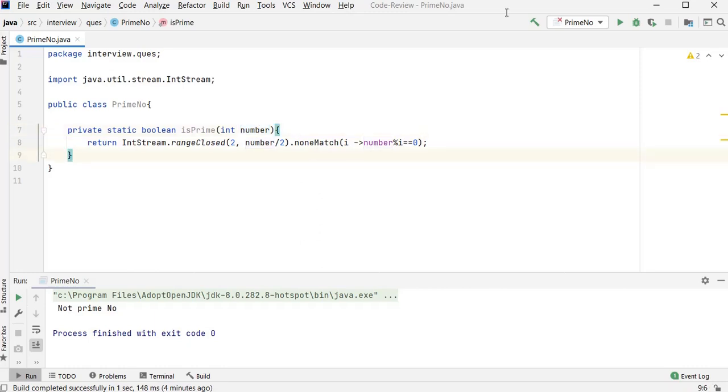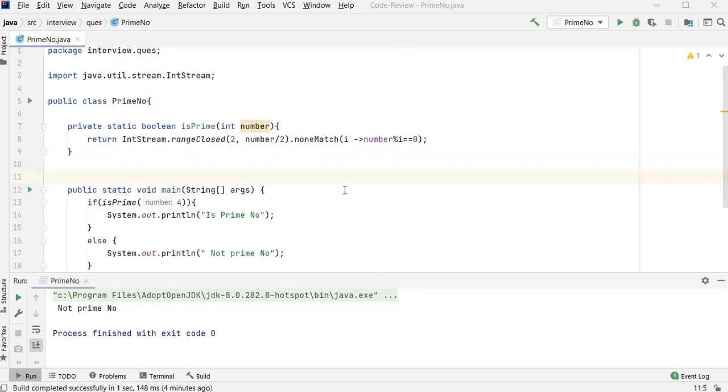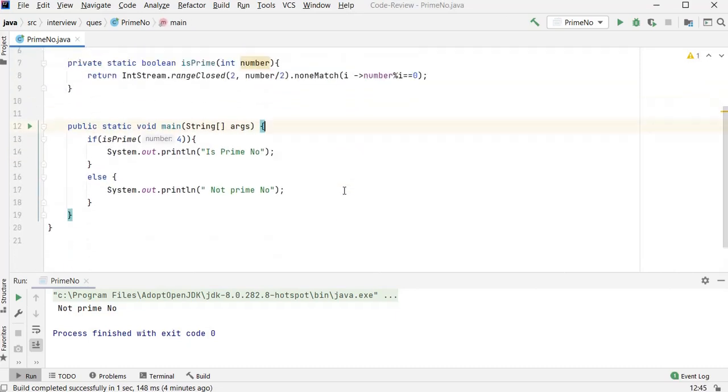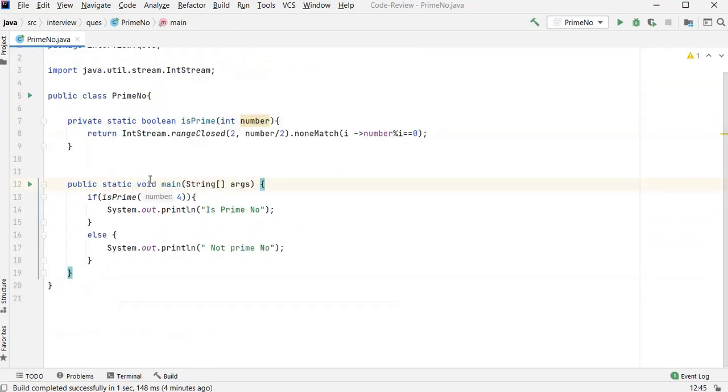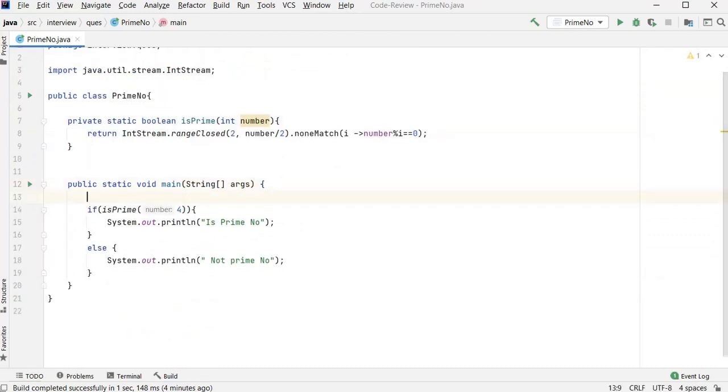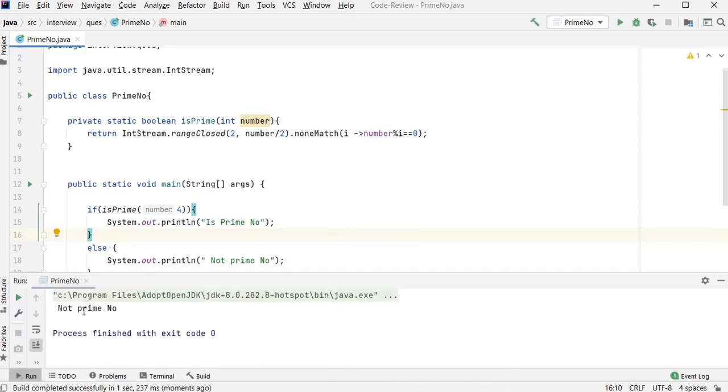Now we will check it. For checking it, I have pasted the code below here. From this code, we can check it. Simply, I pass 4 to this method, and if it returns true, then the number is prime, else it is not a prime number. I'll run it. Not a prime number. So 4, of course, is not a prime number because it is divisible by 1, 2, and 4 itself.